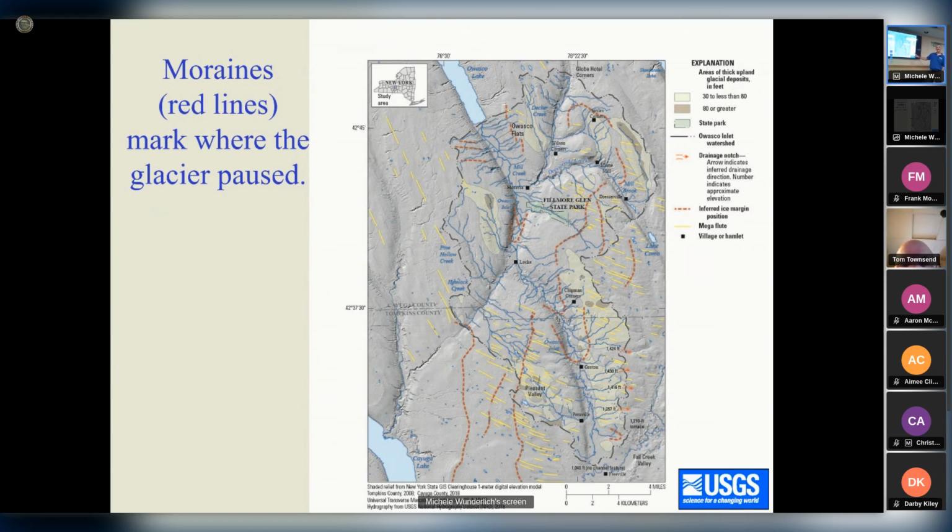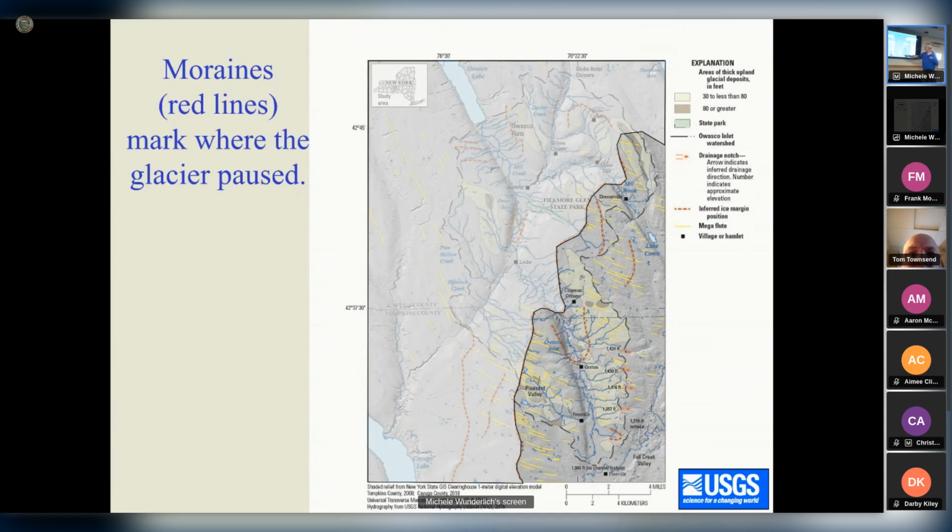And just to give you an idea what the ice looked like as it was retreating from this area. Can you hit the next? So here's one of these moraines, and you can see there's a major ice tongue that came down the Cayuga and Seneca valleys. That was where the ice was thickest, and it actually kind of swept across this way the last ice advance. So that's just a snapshot in time as the ice was retreating. Next.